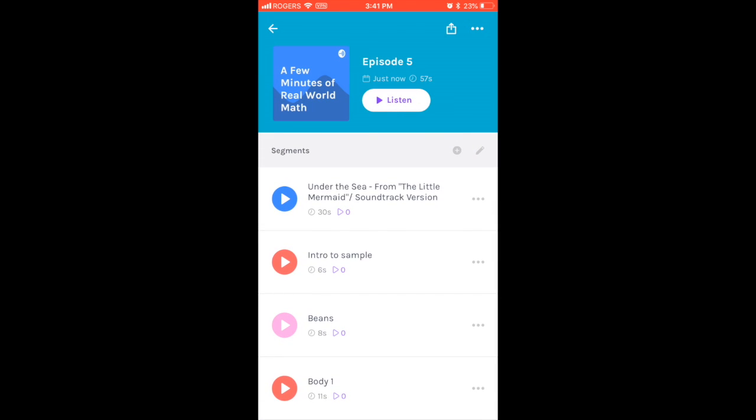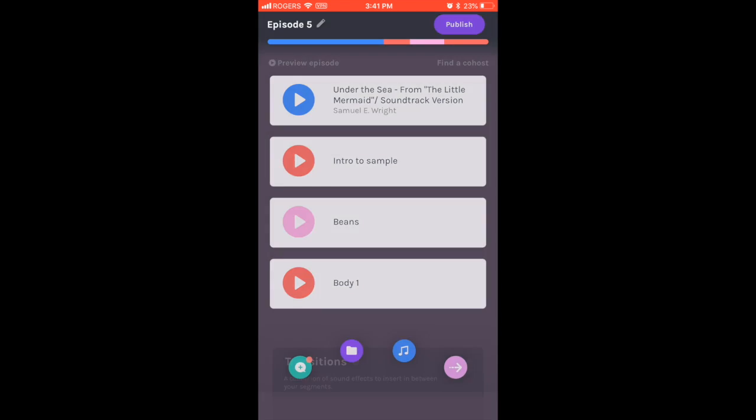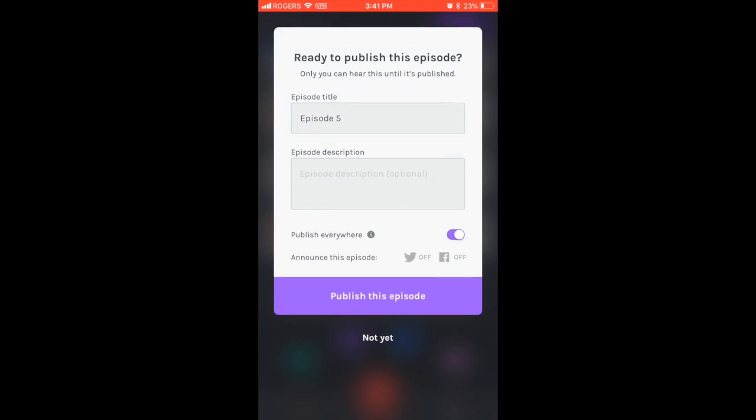I can add more segments by hitting the plus sign. All right. I can move things around and whatnot. So far I have these 4 things on my podcast, and let's say that I'm almost finished. So I add another transition or so, and